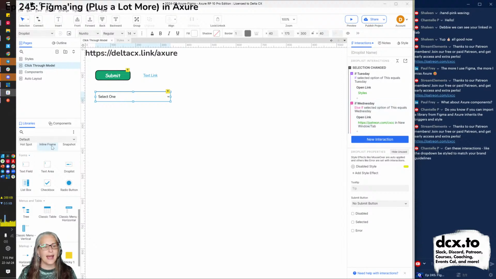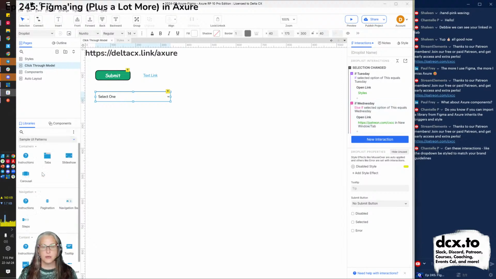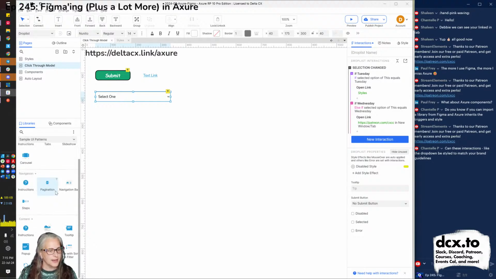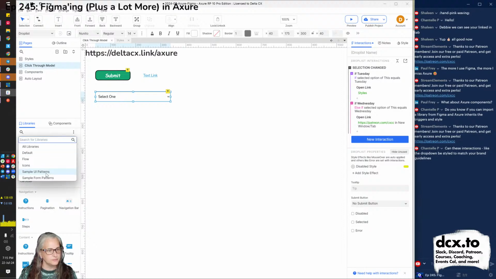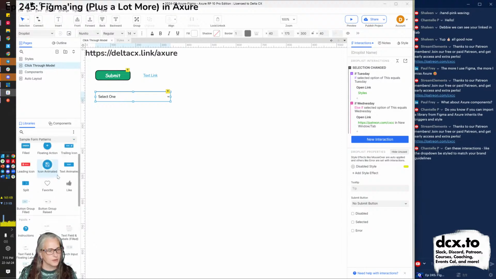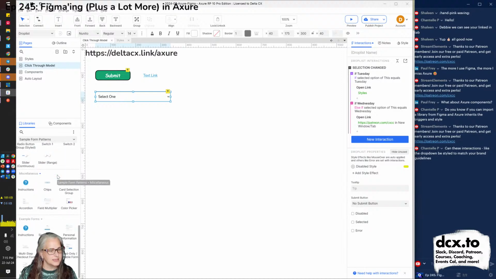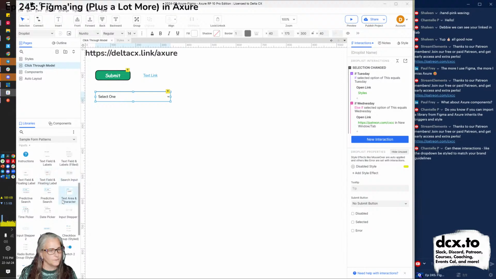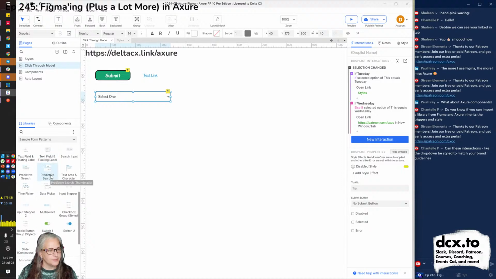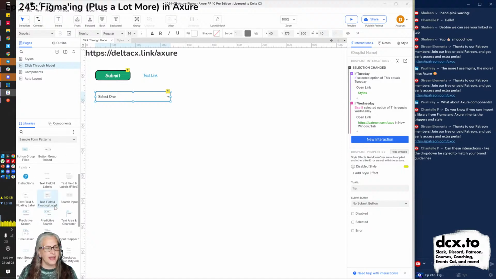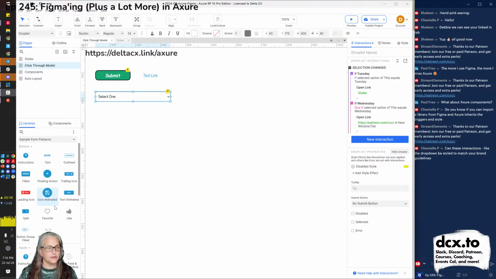Now let's talk about Axure's default UI components, not components. We are playing with a drop list right now. Do they have a drop list here? Form patterns. Is it here? Drop list. Where did I see it? Predictive search is neat. So Axure has these default elements. They're free. They come with Axure. And they do lots of stuff.